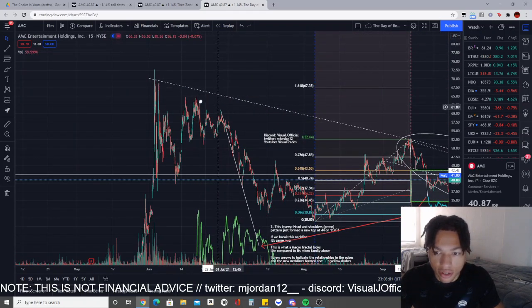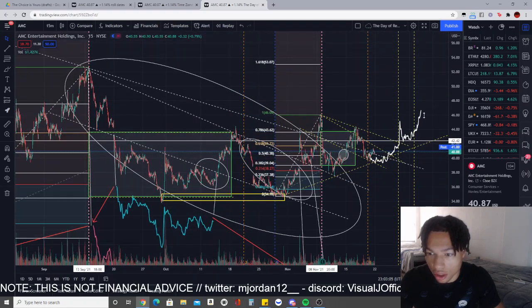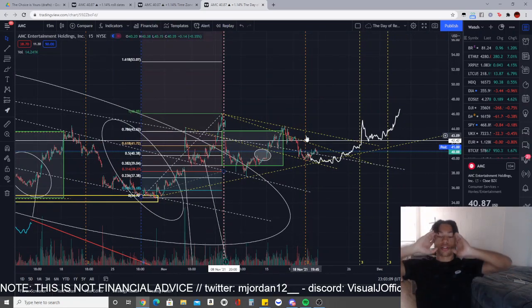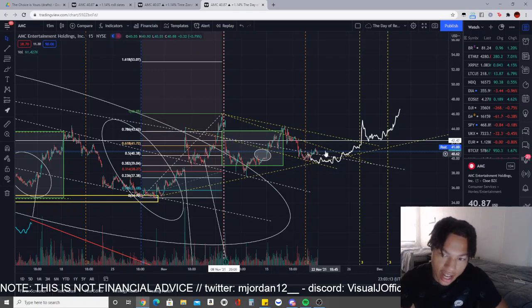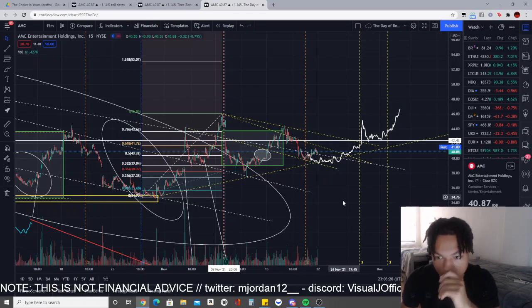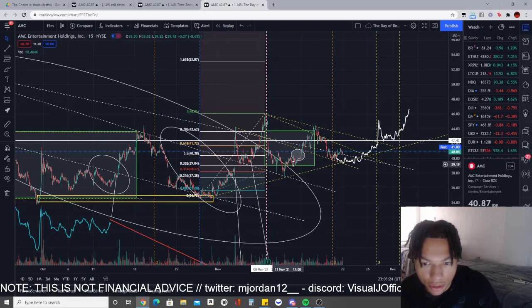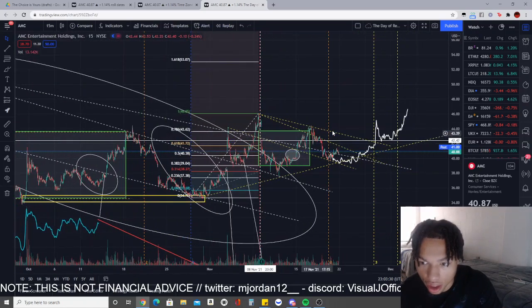This is our last neckline. We made a jump above it, and we tested off of it, and we bounced off of the last neckline that I've been talking about. We even formed... But the thing is, when I was working on this, I realized it was another encapsulating. It's like a bigger version of this right here, and